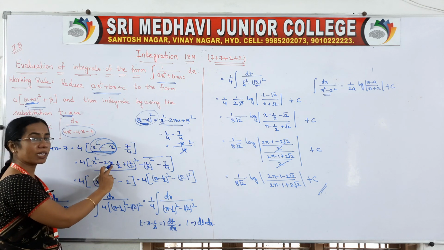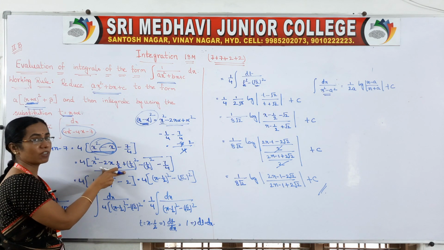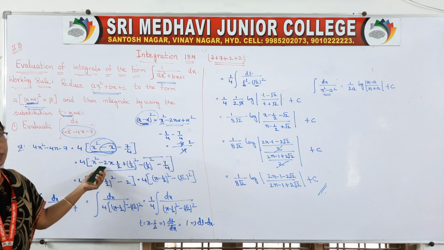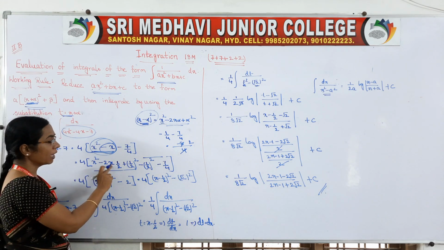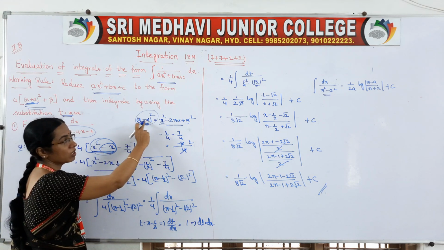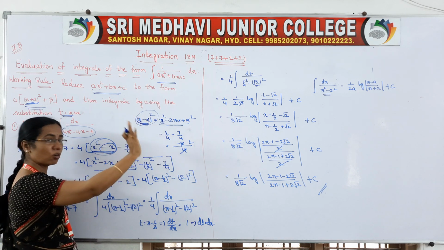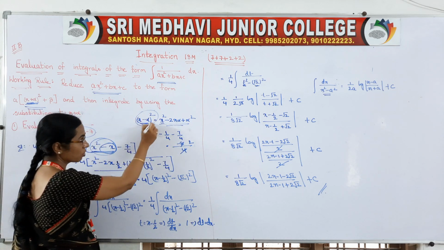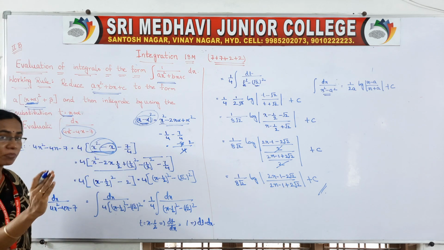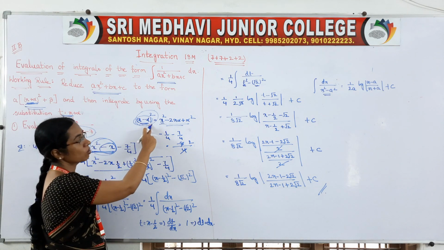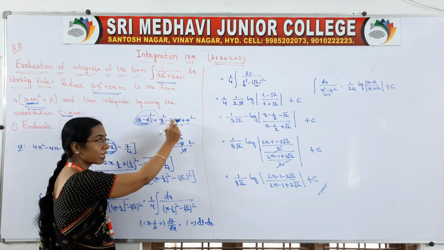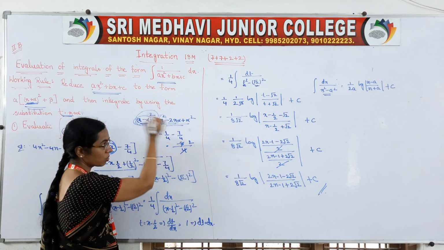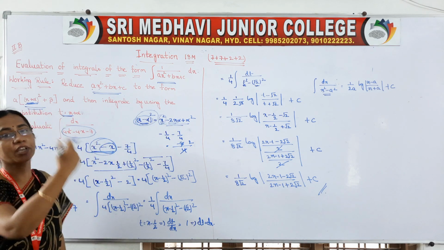So that's why I have taken minus 2x, right? Be careful while taking this value. If you know how to take this value, the problem will be done. Only thing is here in this question. Okay, so minus 2x is compulsory. Why? If we want to write x minus alpha whole square, x minus something whole square, it should be x square minus 2x into something plus something square. We have to write that as x minus something whole square. X minus something whole square means x square minus 2x into some value plus some value whole square. So here x square compulsory, minus 2x compulsory, alpha value we have to select.